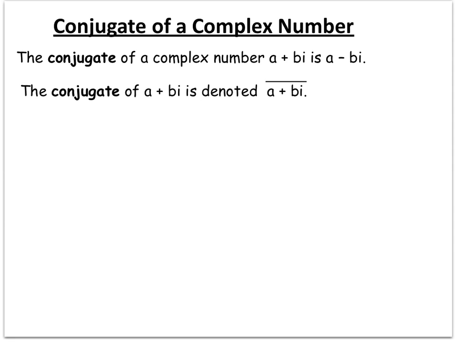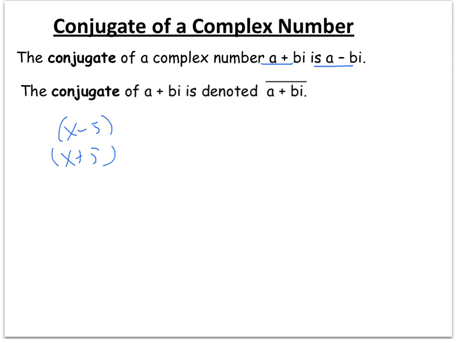Okay, in this video we're going to talk about the conjugate of a complex number. Conjugate is basically the same thing, but the only difference is the sign between them is opposite. So for a complex number a plus bi, its conjugate is a minus bi. Okay, and we use this so we can manipulate imaginary values in denominators